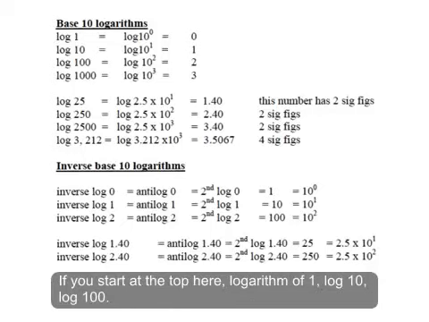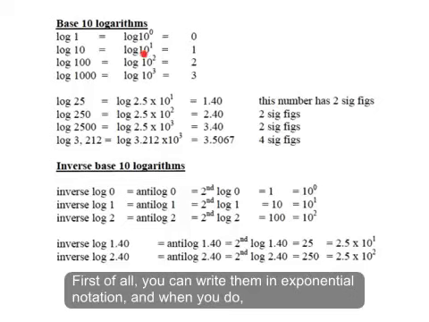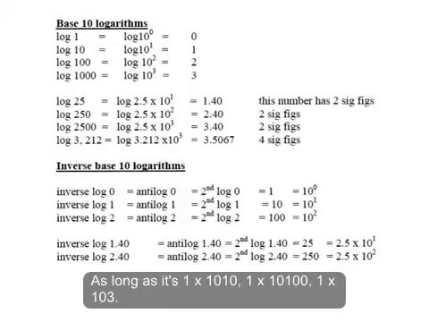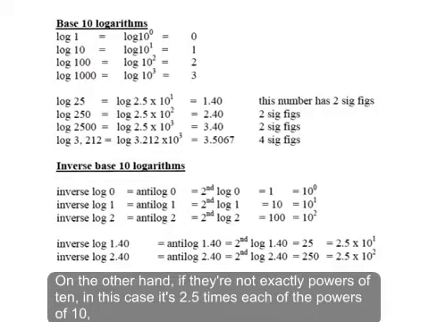So if you start at the top here, logarithm of 1, log 10, log 100, first of all, you can write them in exponential notation, and when you do, you see that the log of the power becomes the answer. Okay, and that's simple as long as it's 1 times 10 to the first, 1 times 10 squared, 1 times 10 to the third. All right, now on the other hand, if they're not exactly powers of 10, in this case it's 2.5 times each one of the powers of 10, then